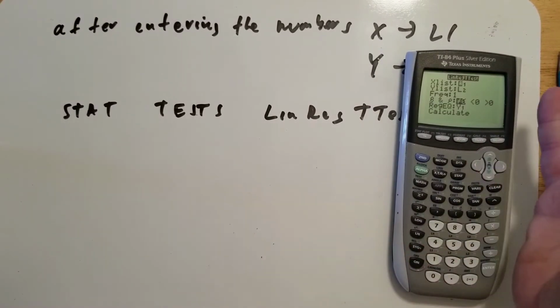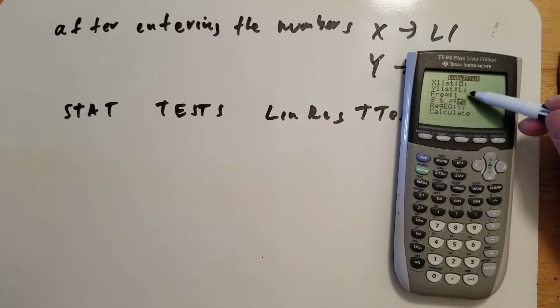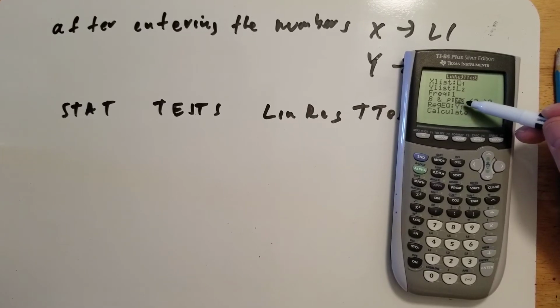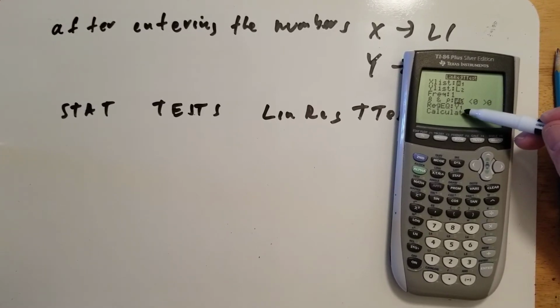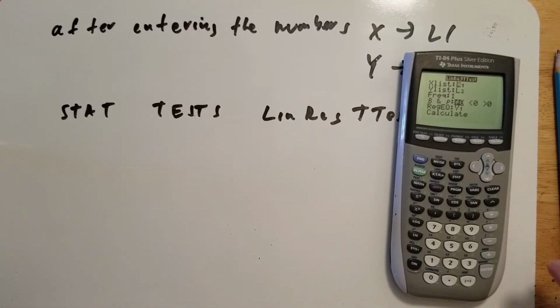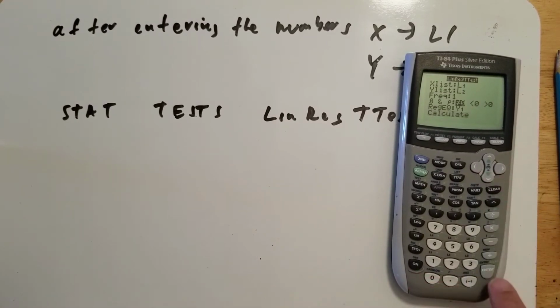So we want it the same exact way we had it before. The x list should be L1, the y list should be L2, the frequency is 1, beta and rho not equal to 0. The regression equation, Y1, you can have that in there or you don't have to. I'll leave it in there. And then when I hit calculate,